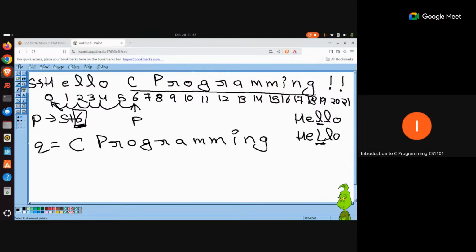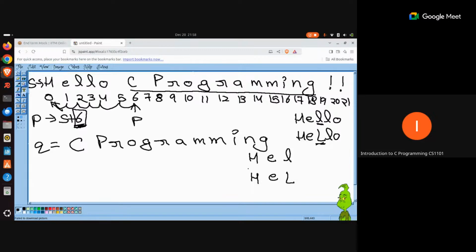But in programming, the way strcmp works is it starts parsing both the strings from the 0th index. The very first thing it does is see what value is present at the 0th index of both values provided. For the first value it is H, and for the second value it is H. Both are the same. If both are the same, it moves to the next index. The next index is E for the first value and also E for the second value. It says, okay, both are equal, and moves to the next index. The next index is L and it is L here.